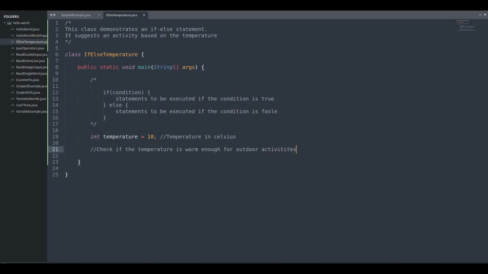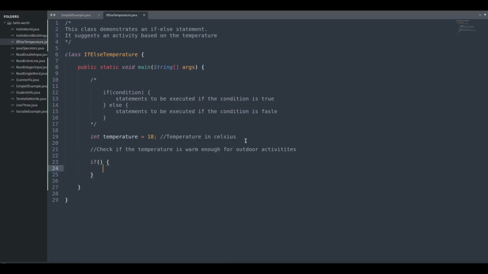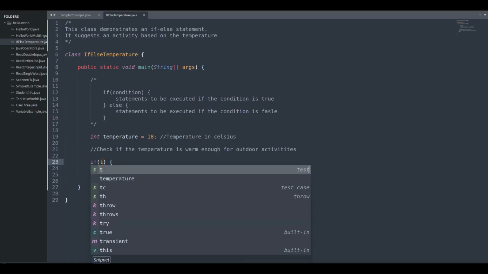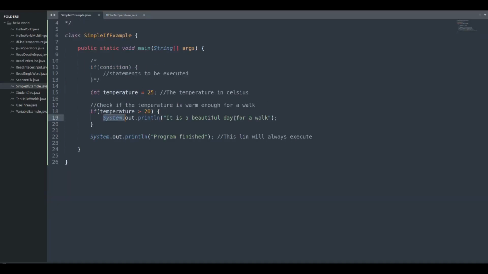Doesn't have to be a walk, but just something outdoor. Same thing. If temperature is greater than 20, because that's what we were looking at earlier,